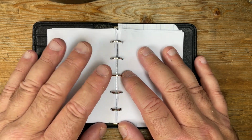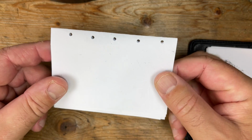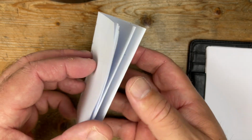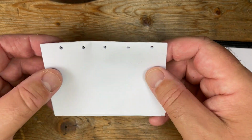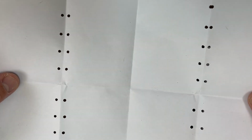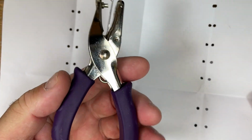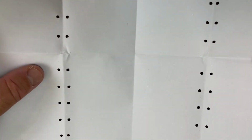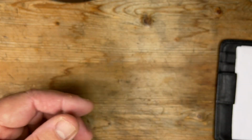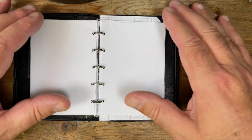it means that you can use all the paper. You can literally cut 8 sheets from a single sheet of A4, and you don't even have to be particularly accurate. You don't have to mark any lines. Just fold it once, fold it twice, fold it 3 times, and then punch it. If you take a punch with you, and this is more portable than a traditional Filofax punch, it actually is very, very cost effective to run this as a business tool and an inbox, and